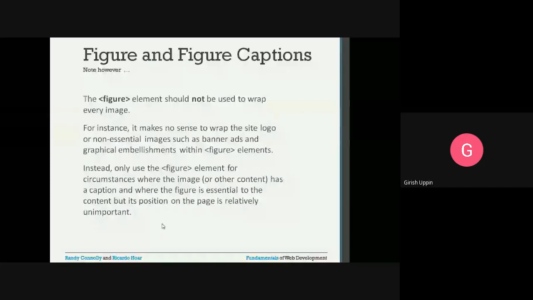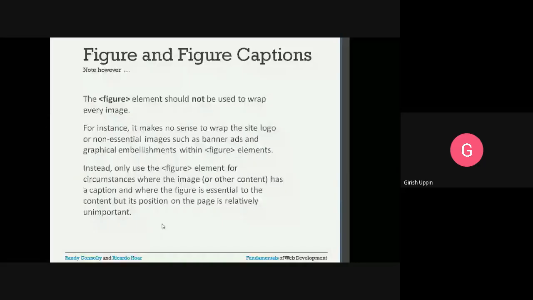As I told you in the example, you have a news article about cricket, about a certain match. Then you want to include pictures of that match. Those images are relevant to the content of that particular article. Then you can use the figure element, and along with that you can use the figure caption. So here is the example.